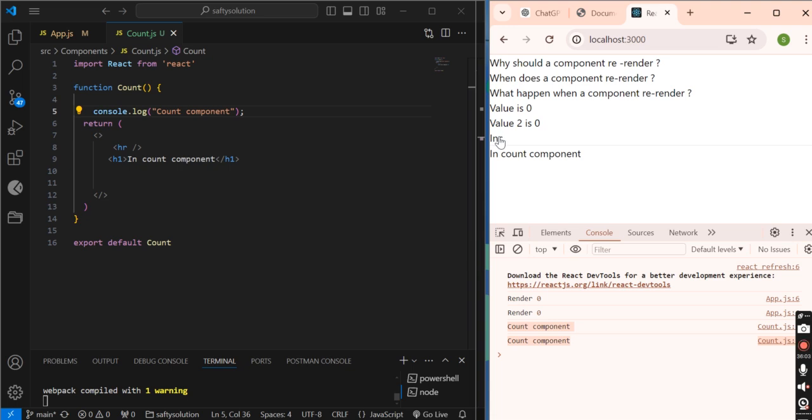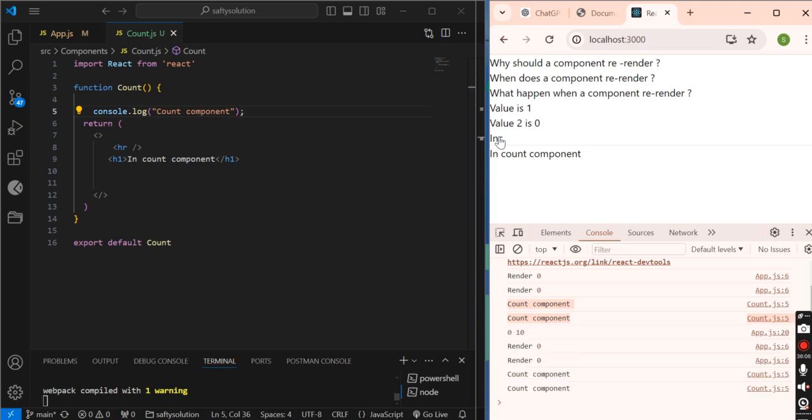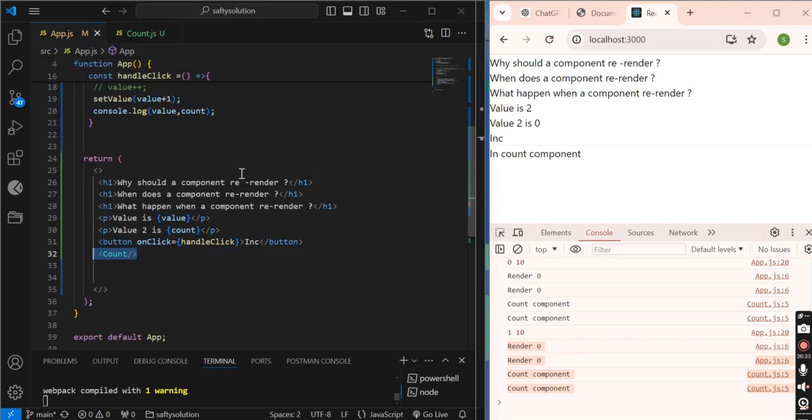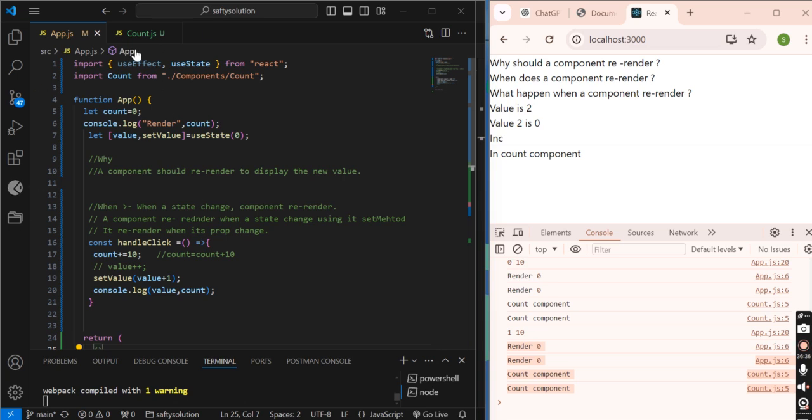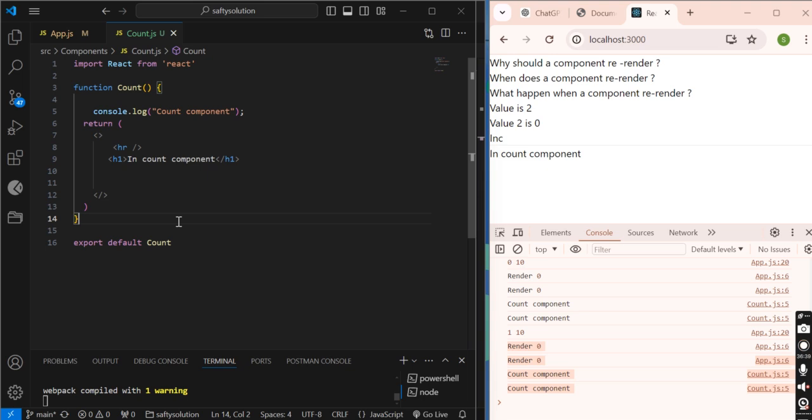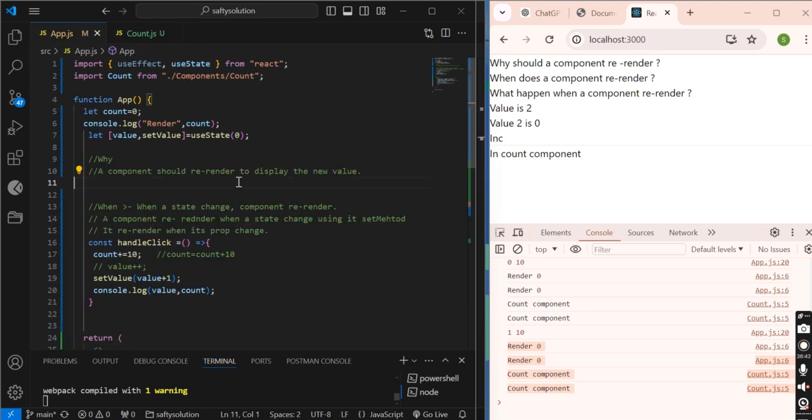Let's change the value. When I change the value, see here it's re-rendering both components. This main component re-renders, and this child component also re-renders. Why? Because whenever a parent component re-renders, child components also re-render.